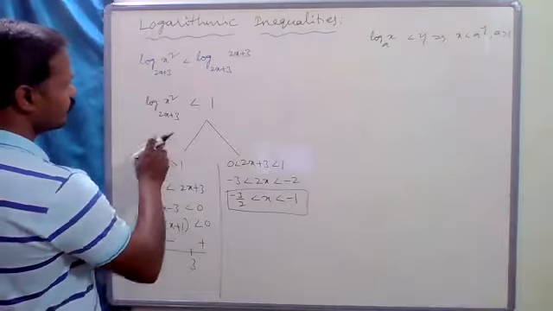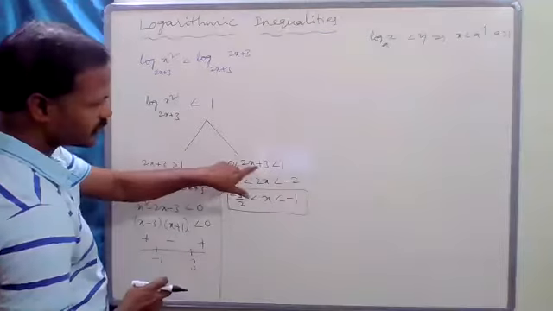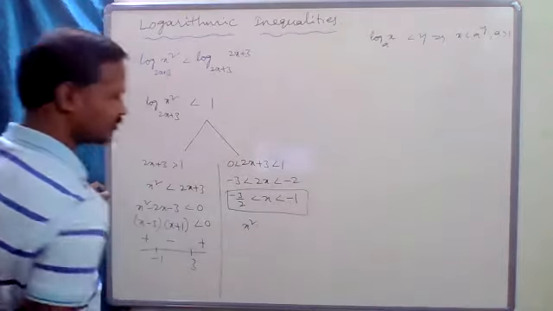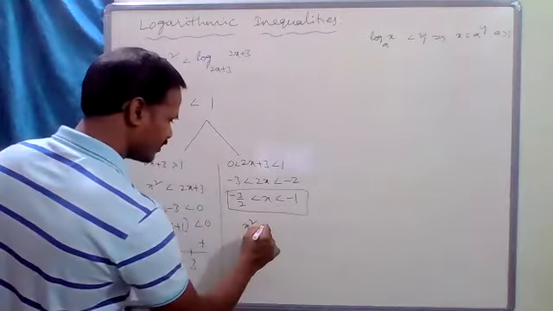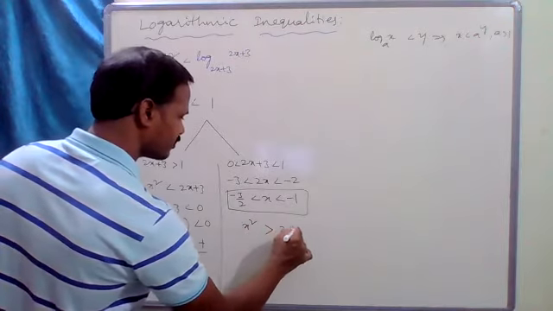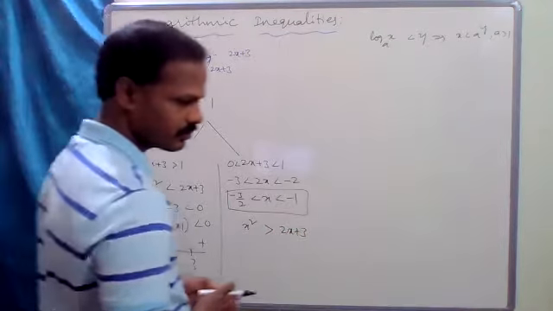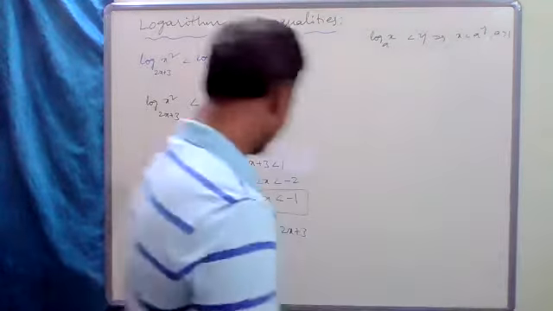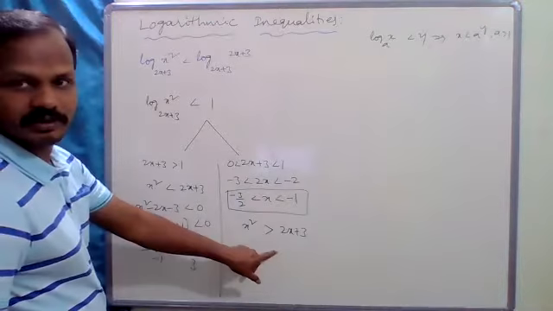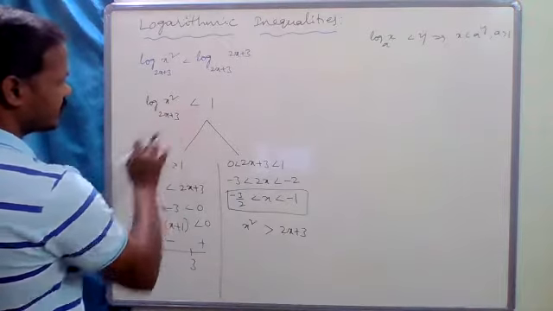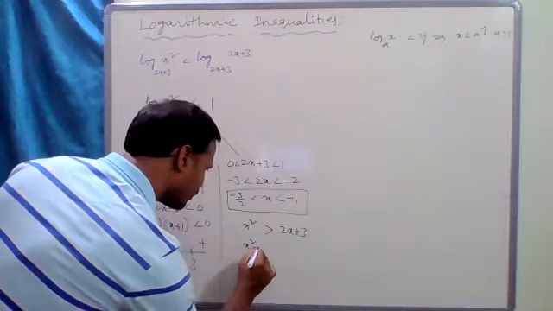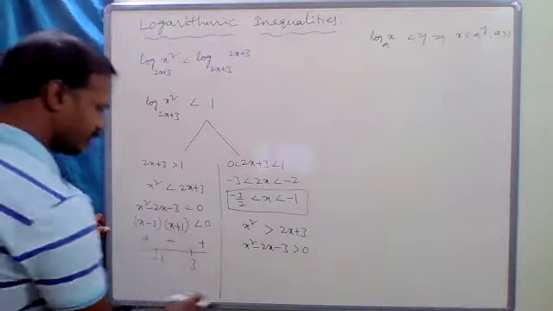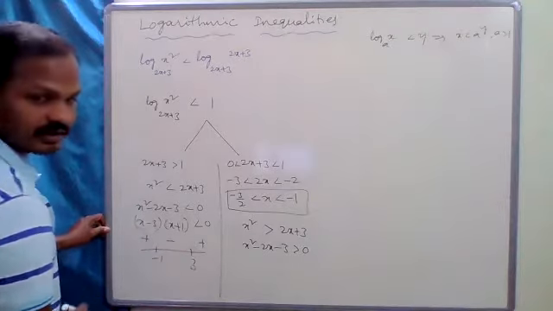Now coming to the case where 2x plus 3 lies between 0 and 1, what about this expression? x square is greater than 2x plus 3, because the sign will be changed. Now this is x square minus 2x minus 3 is greater than 0. So same thing, by using this real line,